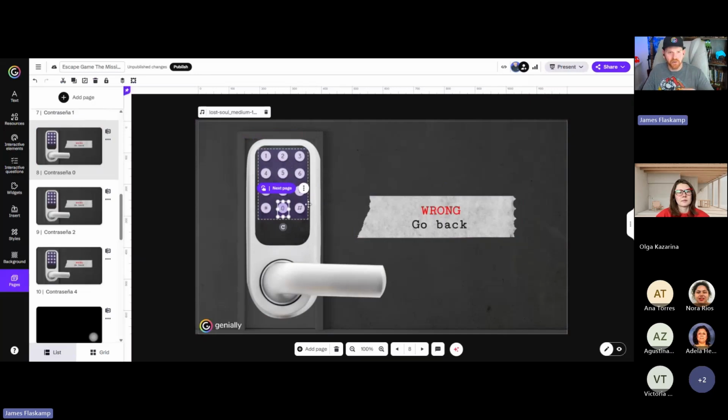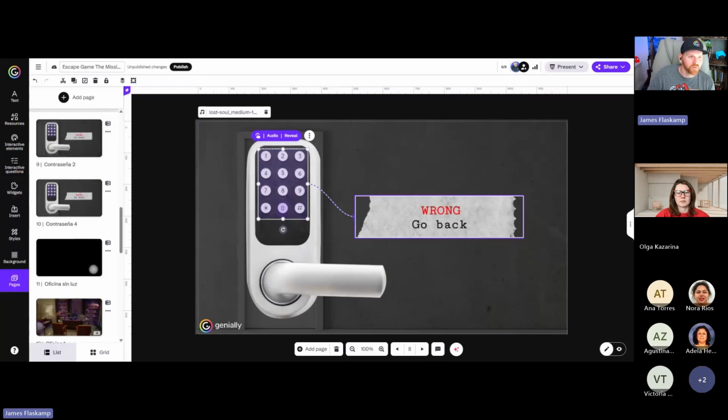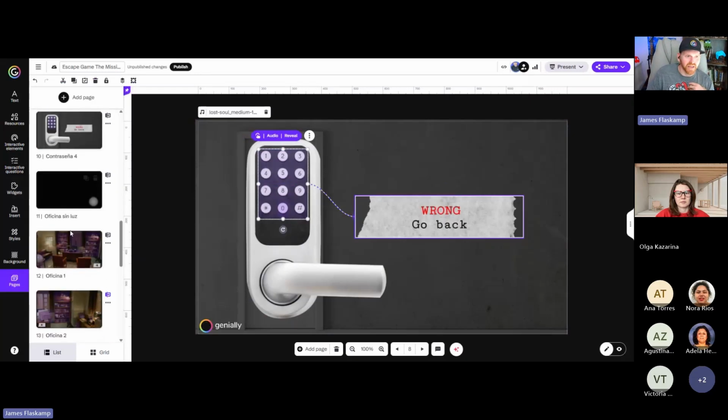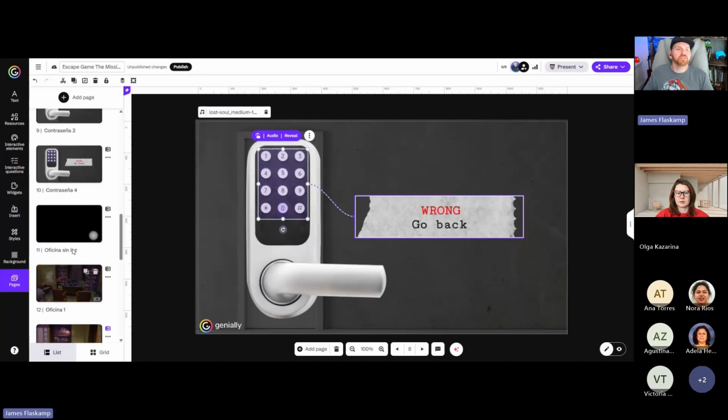If you click that correctly, it'll go to the next page. Any other button, wrong, go back, right? And so it's just a repetition. You copy and paste and you do it over and over again to create that effect. And so you can see lots of different ways that you can incorporate all the different Genially interactivities into one cohesive narrative to create a digital escape.